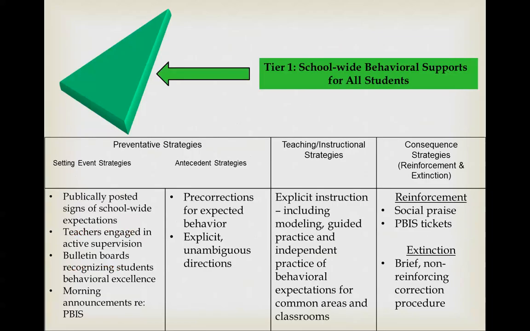Okay, so here's the rub of what we've gone to. I think there's only 3 or 4 more slides. So at Tier 1, where is the pathway? And Tier 1 is school-wide behavioral supports for all kids. We've got our articulation of prevention strategies. You probably all have new team training or whatever we're calling it these days. You've done new team training. You live with that. So if we deconstruct that into the behavioral pathway, what does Tier 1 look like?